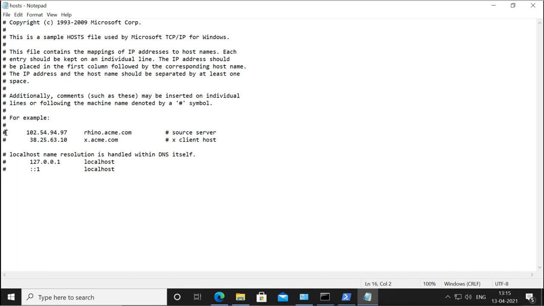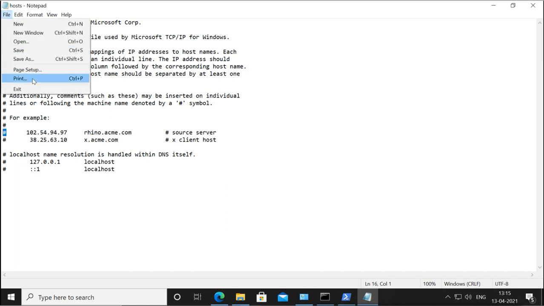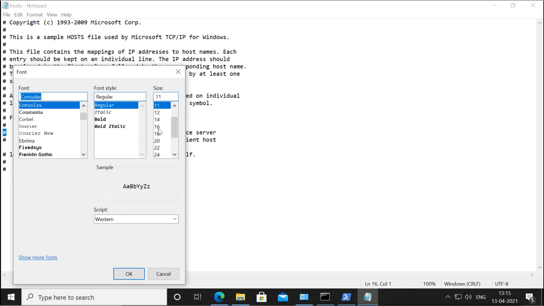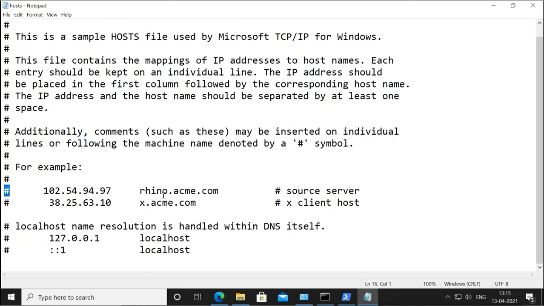If you can see here, let me increase the font. Okay, now you can see these lines are commented, that means these are not used. So the system is not using these lines. It is giving you an example of how you can add a name.